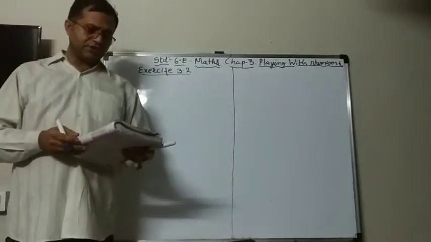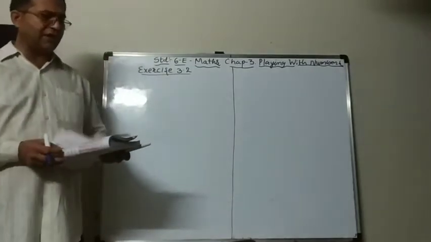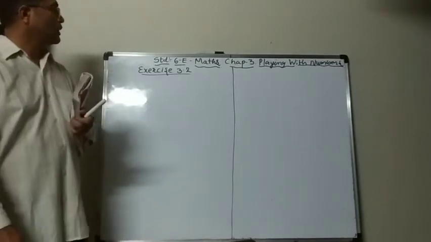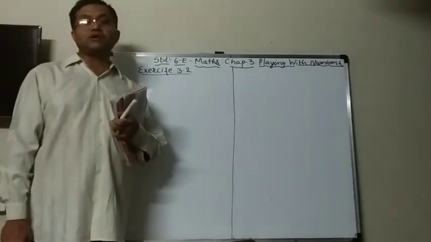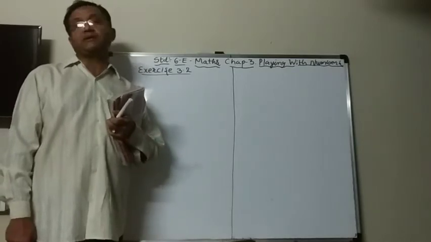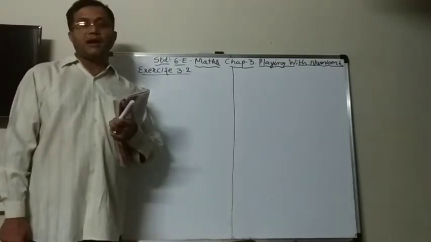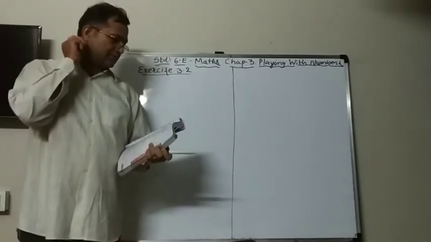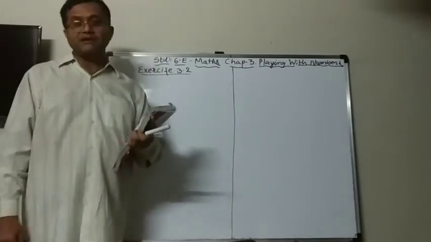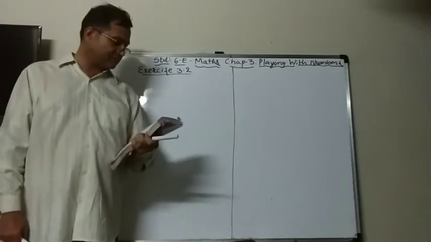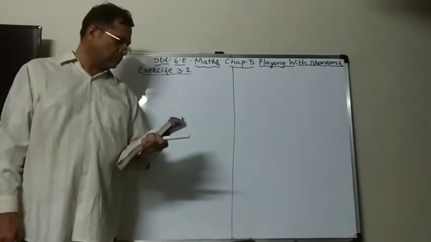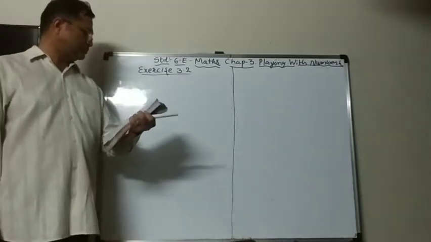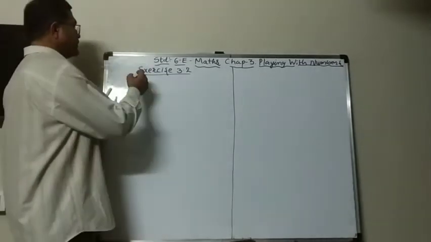In Chapter 3, we learn about the factors and multiples and the facts about the factors and multiples. And in the last video, we learned about the prime numbers and composite numbers. Now, exercise 3.2. Question number 1 is,